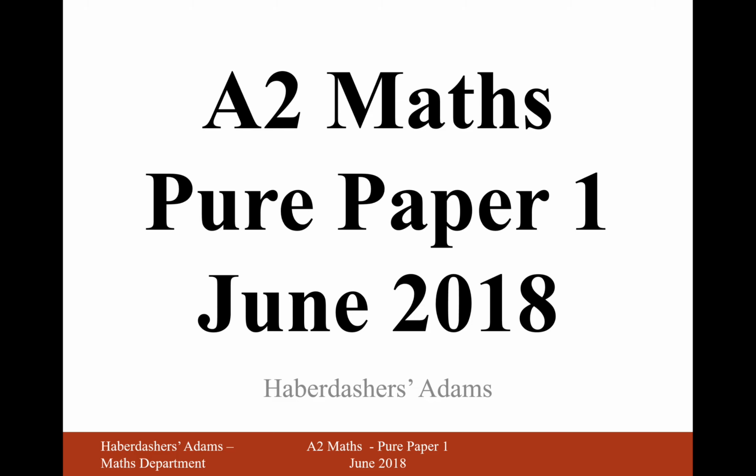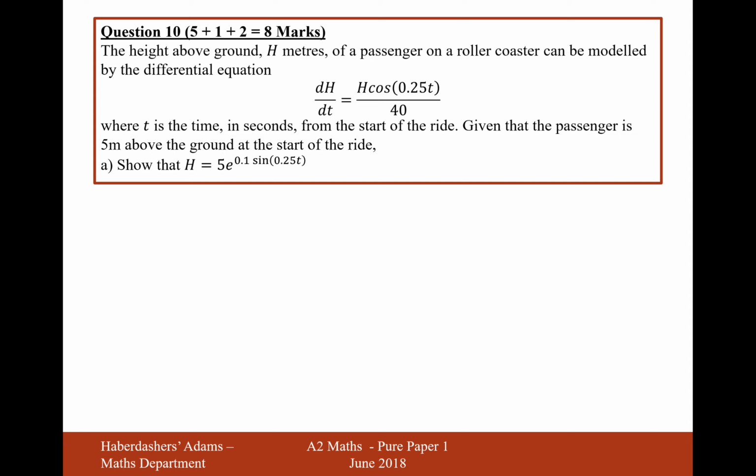We're on June 2018, paper 1, and here we're looking at question 10, the differential equations question. The height above ground h meters of a passenger on a roller coaster can be modelled by the differential equation dh by dt equals h cos 0.25t divided by 40, where t is the time in seconds from the start of the ride. Given that the passenger is 5 meters above the ground at the start of the ride,